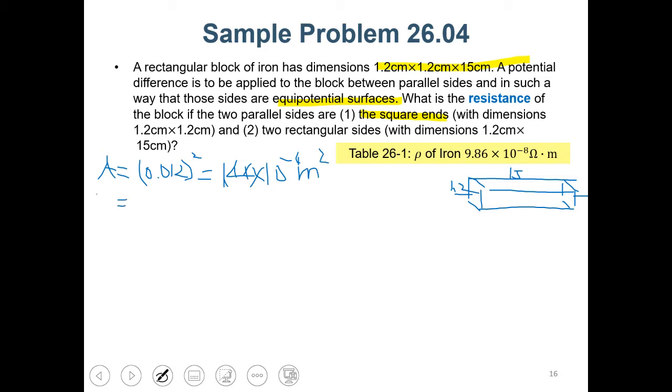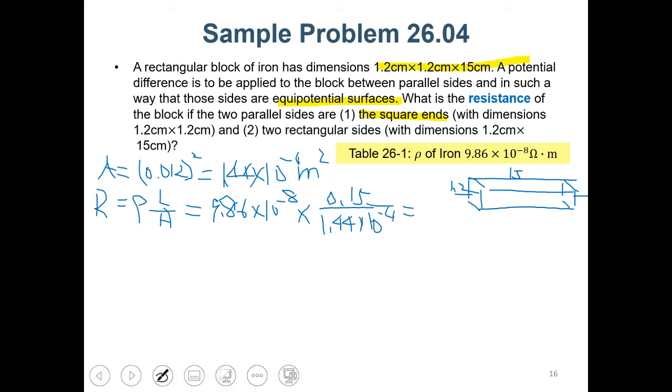So the resistance will be rho L over A. So rho is 9.86 times 10 to minus 8, and then the length is 15 centimeters, 0.15 meter. So the area is 1.44 times 10 to minus 4. So finally, we get the resistance to be